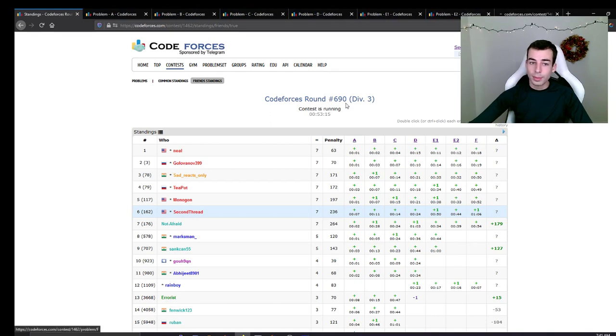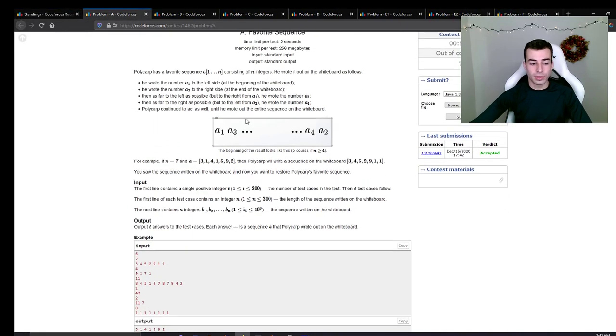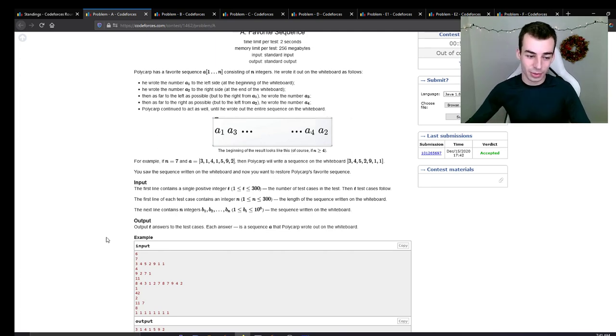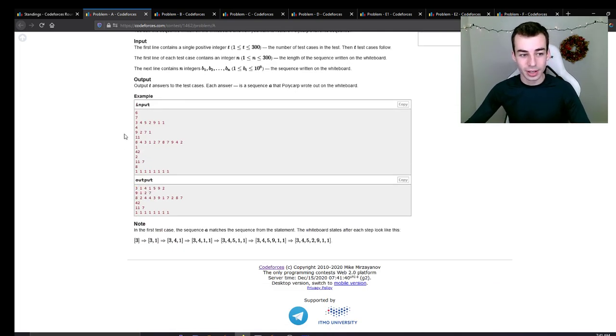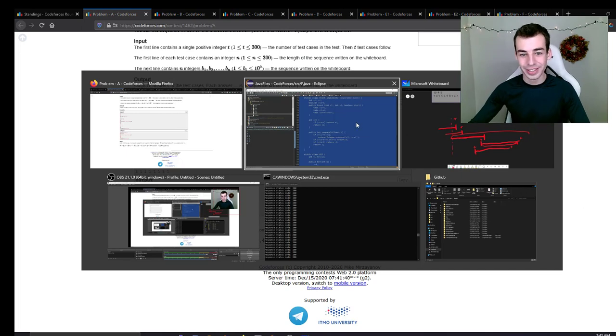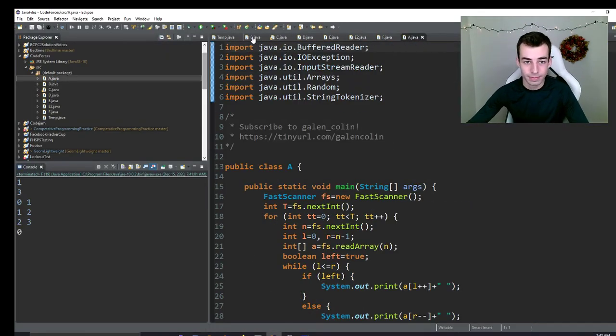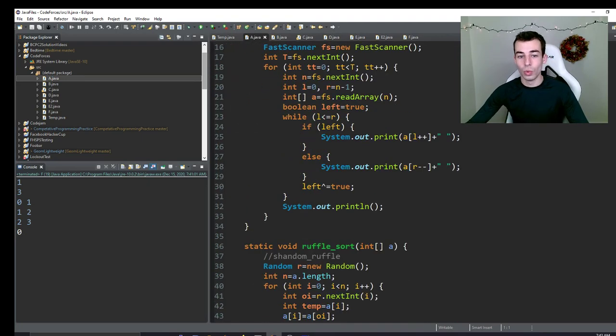Okay, so problem A, favorite sequence, is pretty much just straight implementation. So you just look at the first thing, second last thing, third last thing, all the way up until you are done. And that's the answer. So there are a bunch of different ways to implement that. The way that I chose was